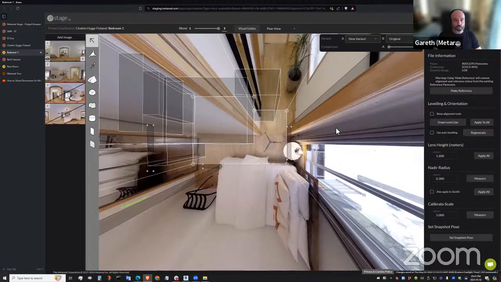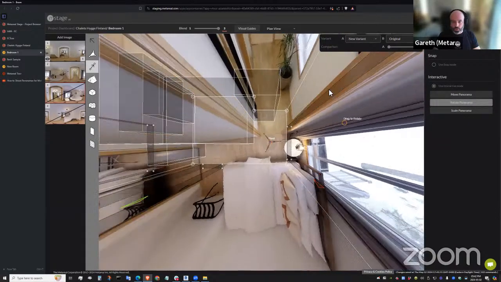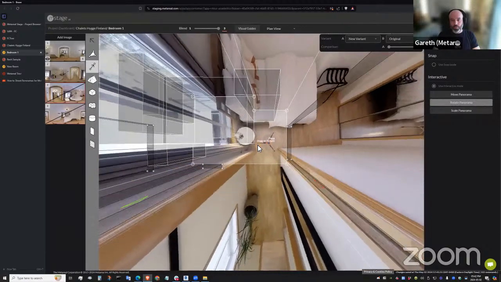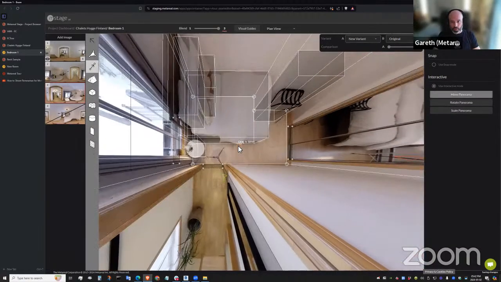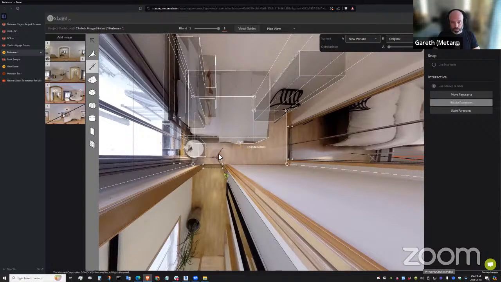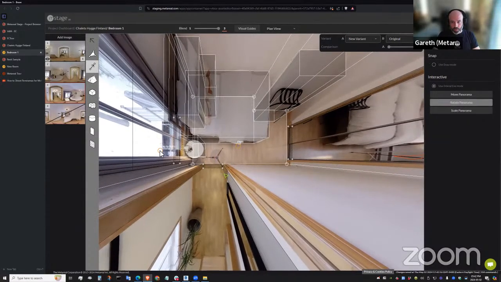What I'm also going to do is go ahead and align this around, go on my alignment tool, and we can see my room there. I'm just going to line that up quickly. I'm kind of fast here because we're short for time. Just make it nice and tidy. So that's kind of roughly lined up with the room.